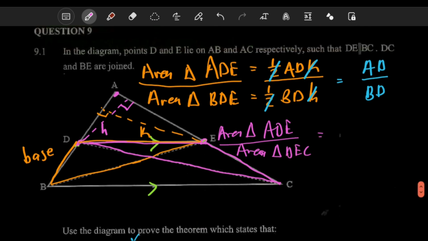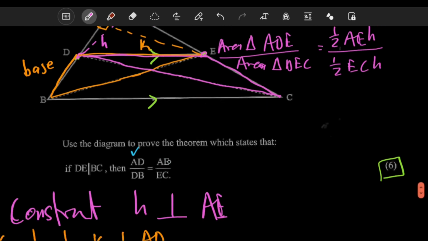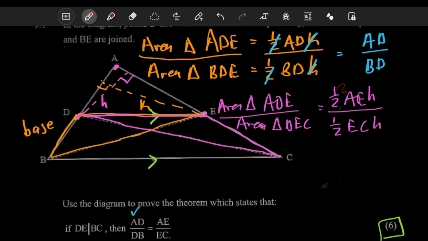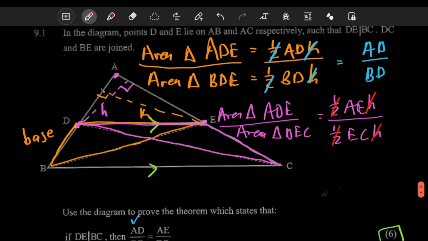That is actually going to be, so this area now for this big triangle, if you're going to look at the pink as the perpendicular height, the area here needs to be a half, the base is AE, and then the perpendicular height is H. And then for the blue, I mean the pink, same thing, it's a half, the base is EC, and then the perpendicular height is H. If you want hints, just be looking at these, the proof is all the hints that you'll need. So here, this cancels, this cancels, and obviously this is where the fun part comes in,